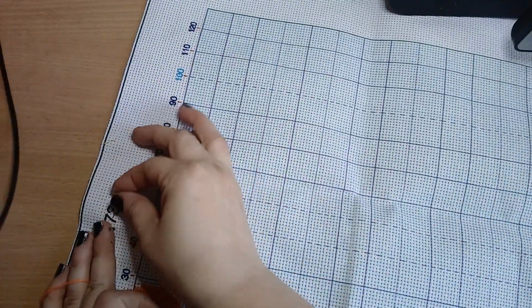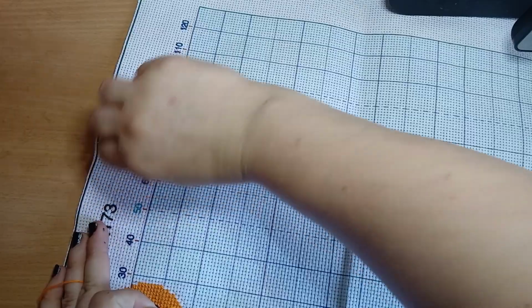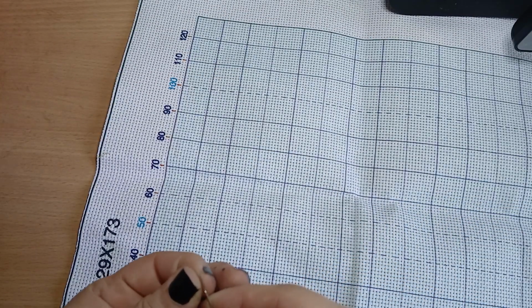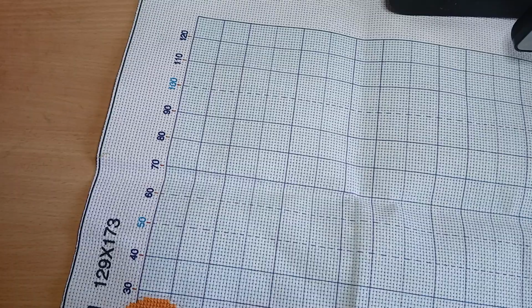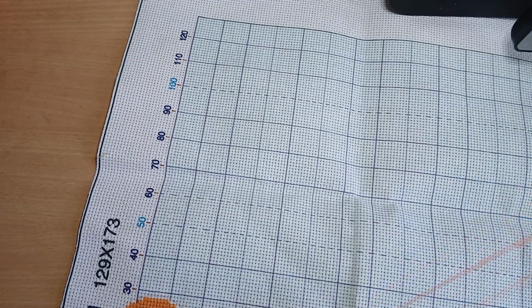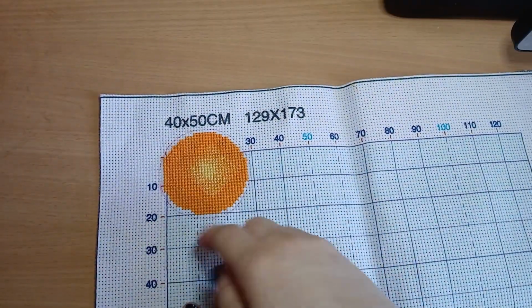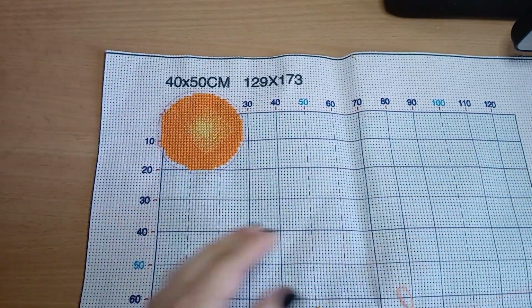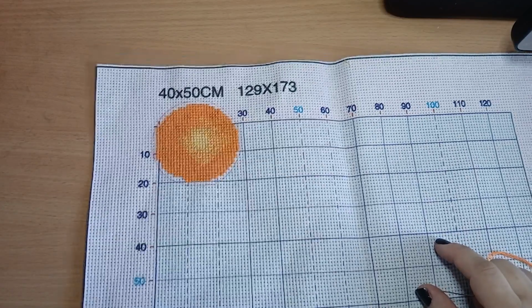Today I'm gonna demonstrate, with my toddler beside me, whole stitches, 1/4 and 3/4 stitches. So I will follow the circle around this one, this almost sun, and